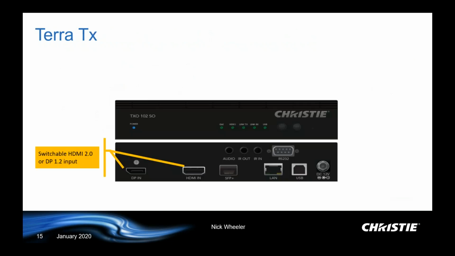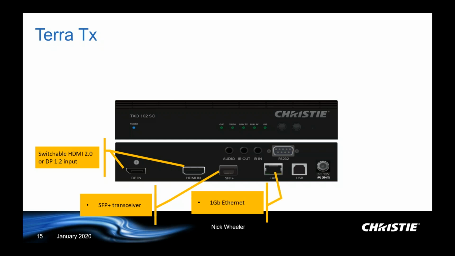So this is what a Terra transmitter looks like. It has two video inputs, DisplayPort 1.2 and HDMI 2.0. Next is the SFP transceiver, and that's what connects it to the 10 gig network, either using fiber or copper cables. A gigabit Ethernet connector for that Ethernet